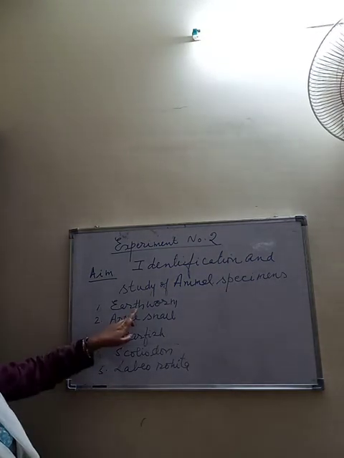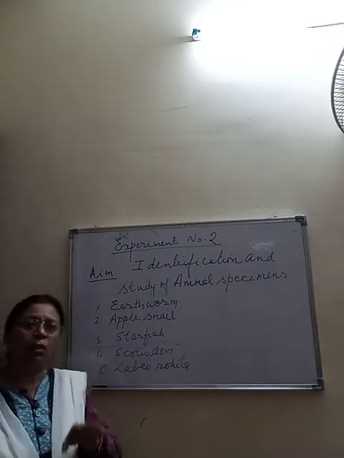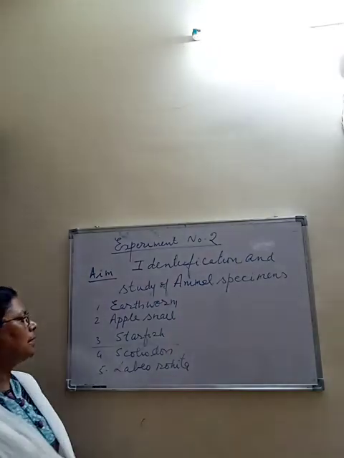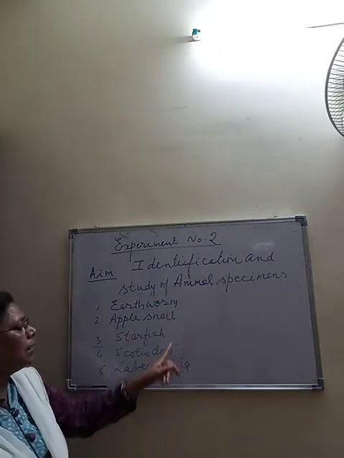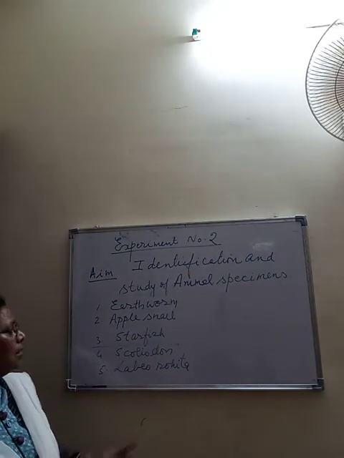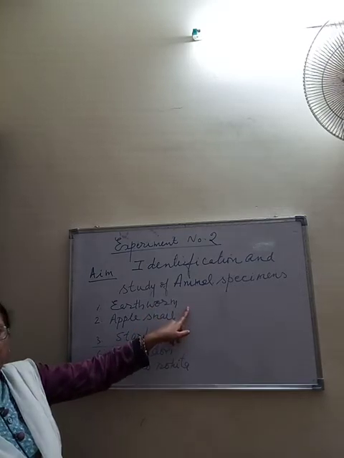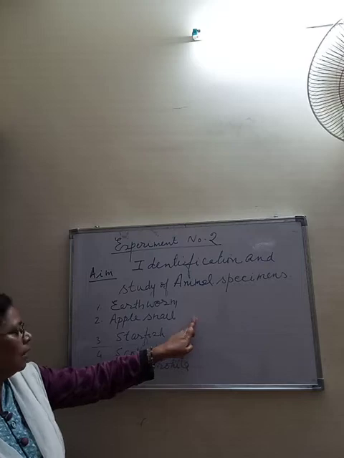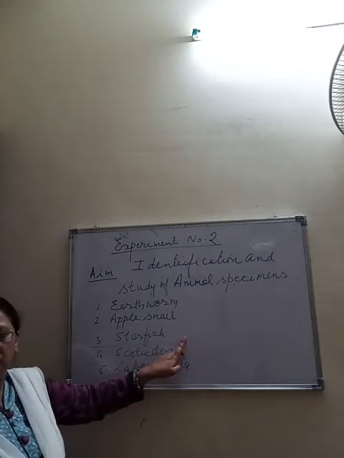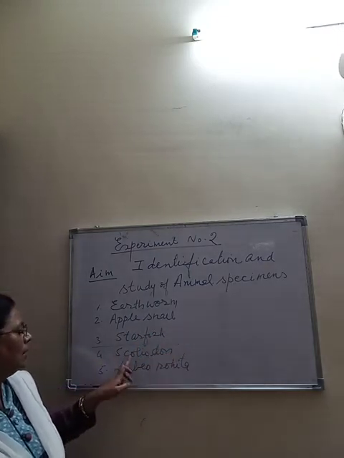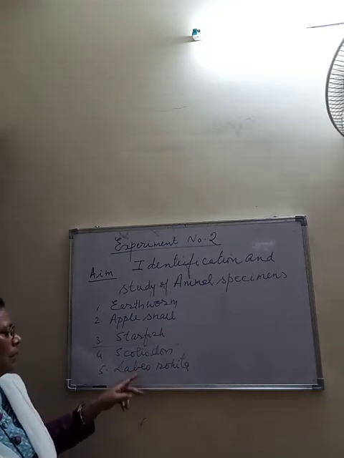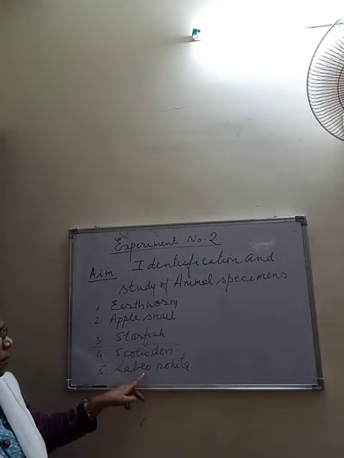Okay, so earthworm you have to read. Remember what you should focus on when you prepare for your MCQ test. You must know the scientific name of each animal, right? Earthworm scientific name is Pheretima posthuma. Apple snail, Pila globosa. Starfish, Asterias. It is written in the study material. Then Scoliodon and Labeo rohita, they are already the scientific names. It is called Rohu in common name.